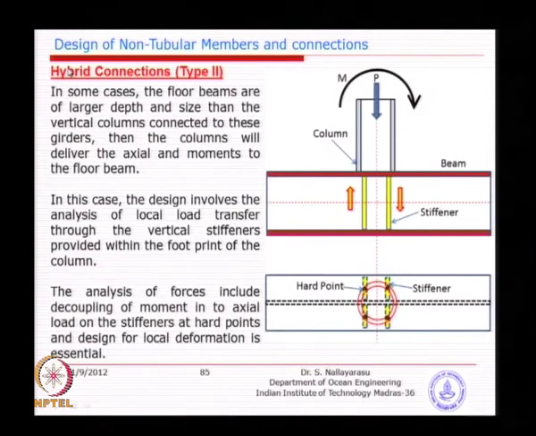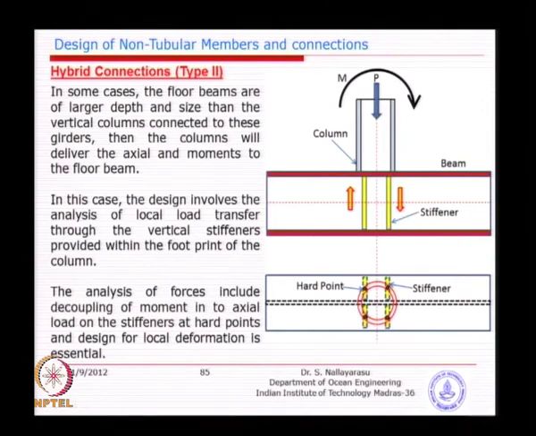The second type is exactly opposite. The receiving member is an I section, which is also common, because the floor beams may require a middle support. So, at that time you will have a column coming and supporting it. So, here it is exactly the reverse problem. The member coming and connecting is a pipe section carrying axial load or bending moment, and it needs to transfer this load to the web of this section, so that it can go to the neighboring support.